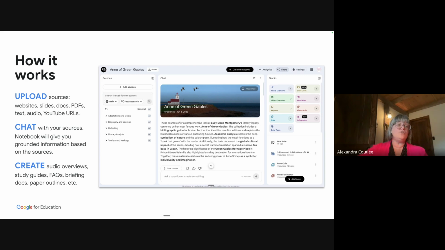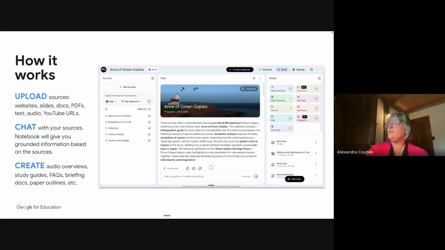You can have a huge notebook with lots of topics as well. But basically, they're all little notebooks on different topics. And you will upload your own sources. Now, the sources you can upload are very varied. They can be websites, they can be slides that you created, they can be PDFs, they can be audio files, they can be images as well. You can even take a picture of your handwritten notes and upload it to NotebookLM. Lots and lots of sources that you can use.